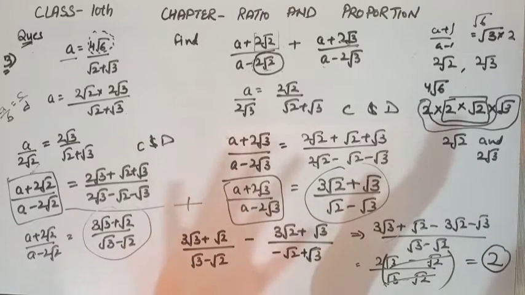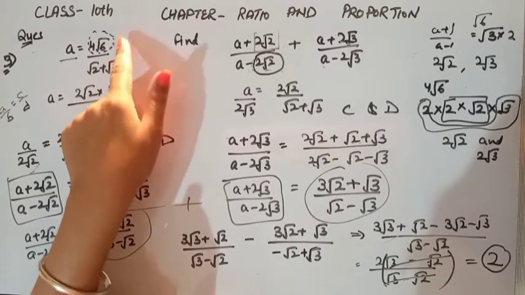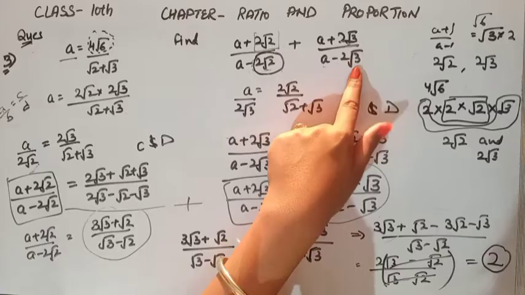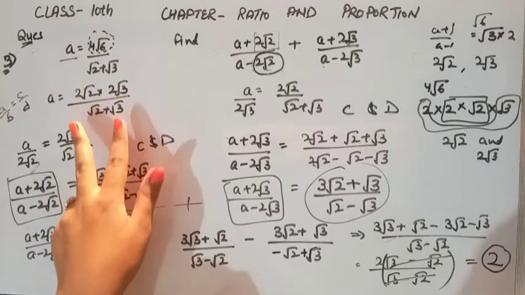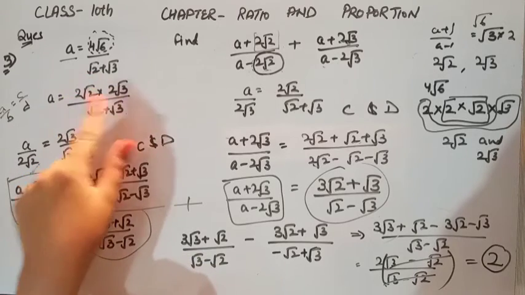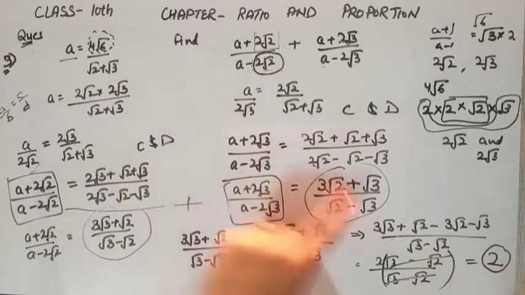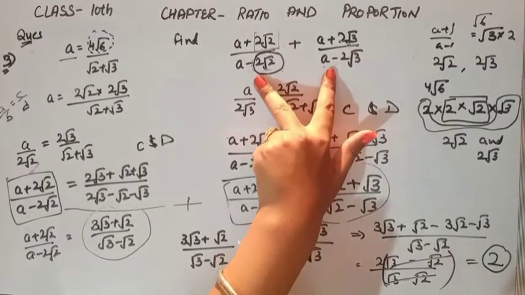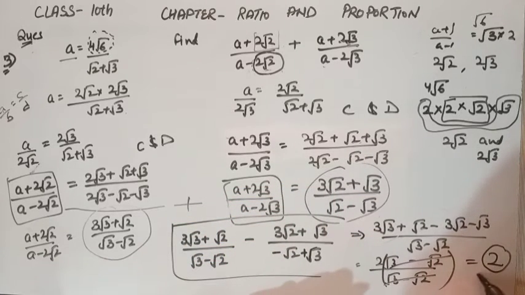So this is a very important type of question where we have to split the first term so that we can get equations like this. We have to get b one time as this and one time as this, one time the denominator this and one time this. So we have to split this term to get 2 root 2 and 2 root 3. In the first case you can assume this as b, and in the second case you can assume root 3 as b. So in the first case we got this value, in the second case we got this value, and we have to find the addition of these two. We added these two equations and we get the required answer, that is 2.